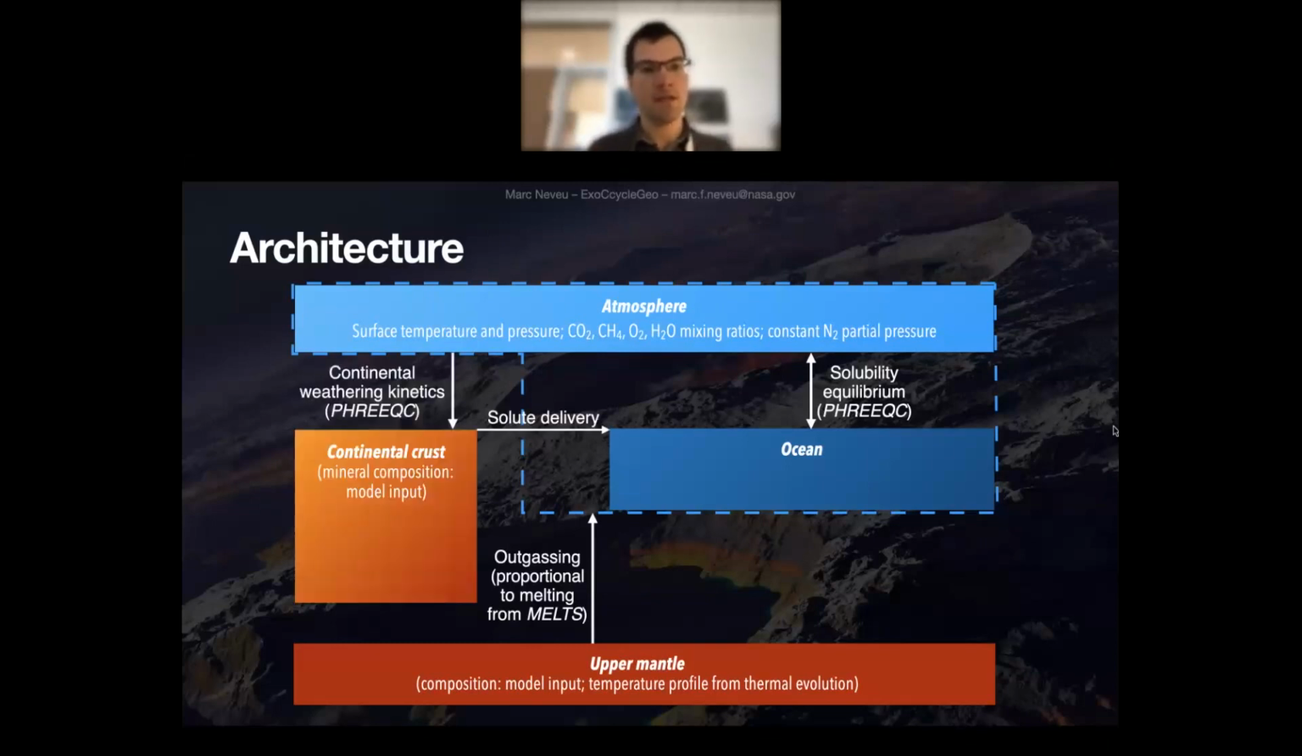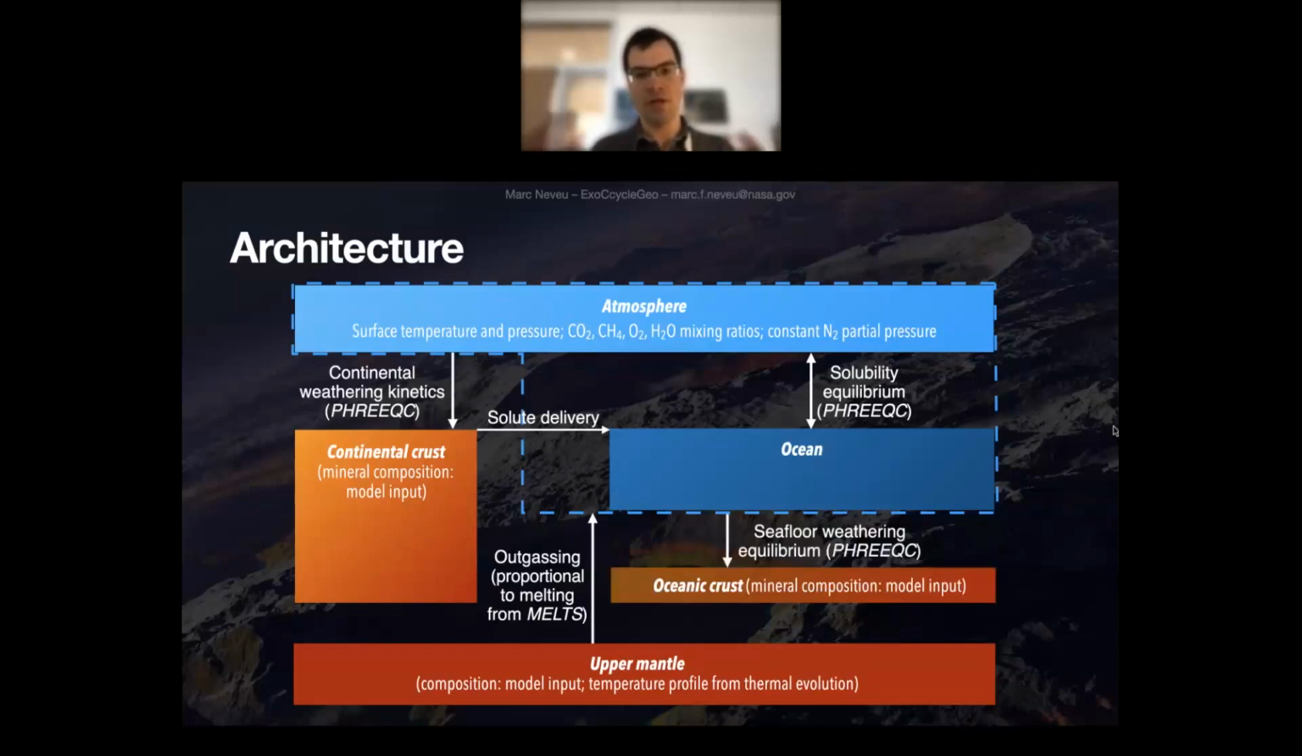Gases are taken out of the atmosphere through continental weathering. Kinetic reactions are carried out with FRIG, the same software as for the atmosphere-ocean equilibrium, assuming as a model input a crustal composition. The solutes are delivered to the ocean, and then the ocean itself is where equilibration can take place to precipitate minerals, with some subset of the ocean fluids reacting with the crust, depending on the timescale of hydrothermal circulation at